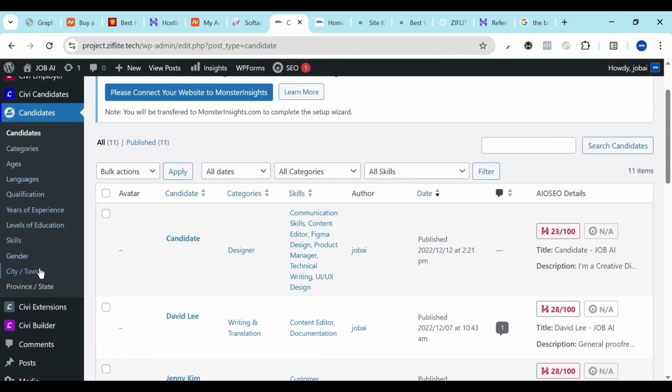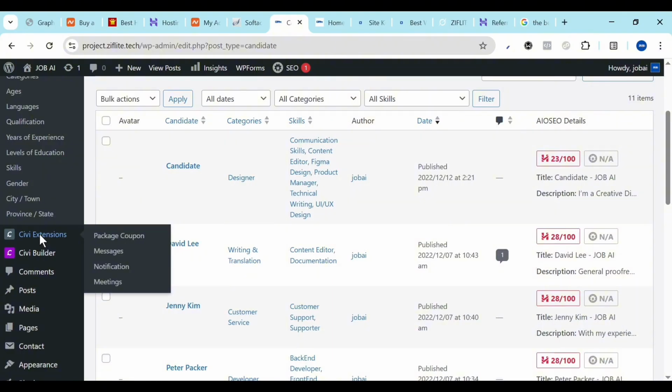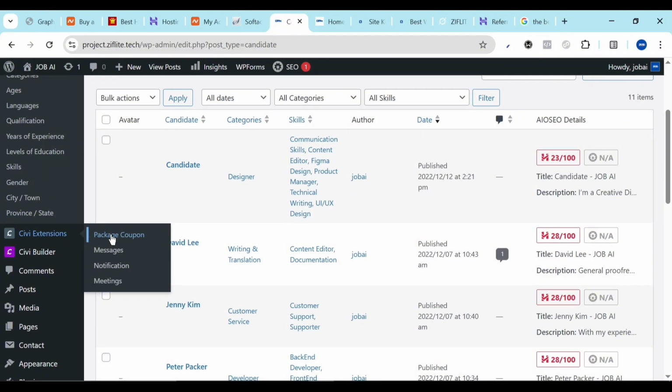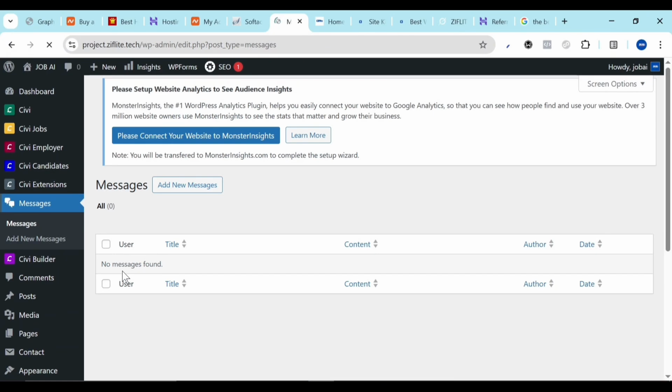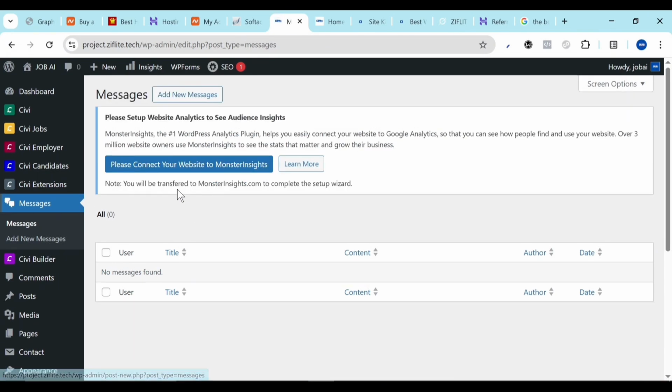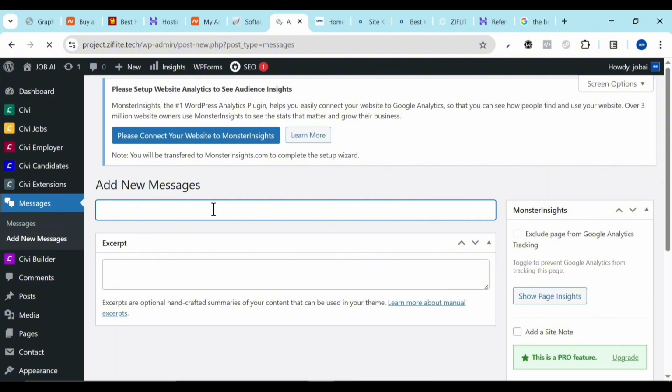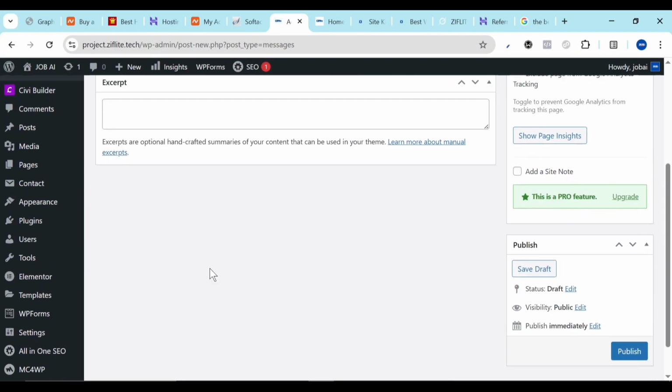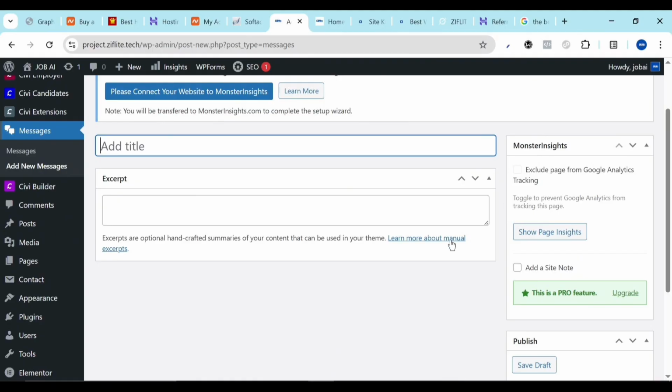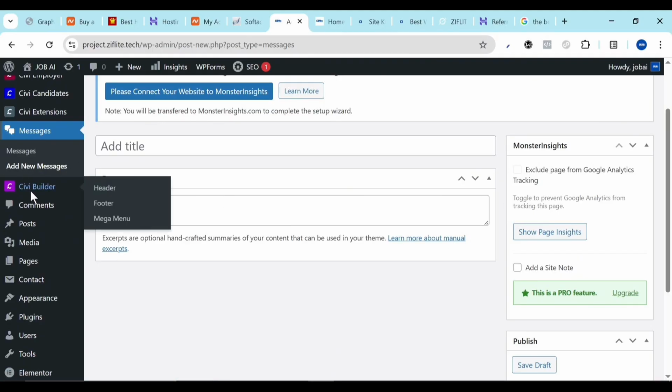details, right? So the next thing is the extensions. Under extension, we have coupon, we have messages, we have notification, and we have meetings. So you could click add message, right? This message will be able to send to different persons or users. You'll be able to publish a message that will go to everybody. Then we have your header and footer builder